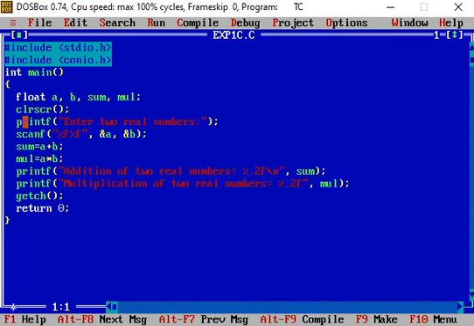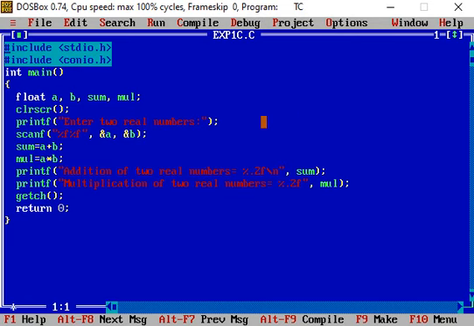So for what should be the response from the user? For that, we write a printf statement before scanf just to print a message for the user on the output screen: enter two real numbers.